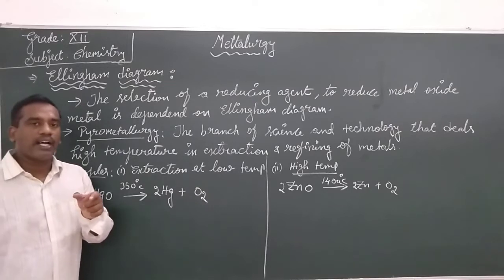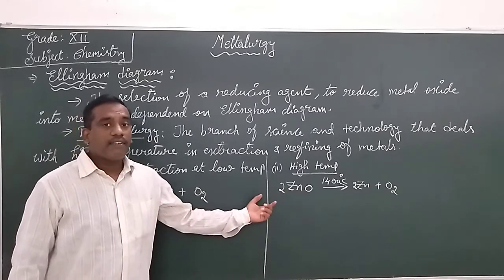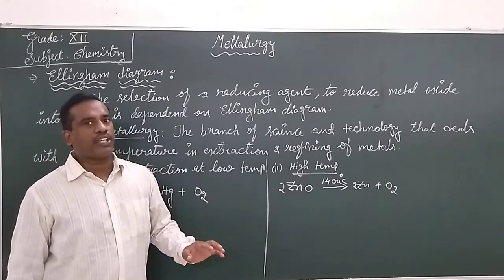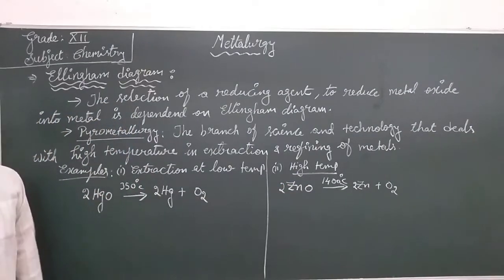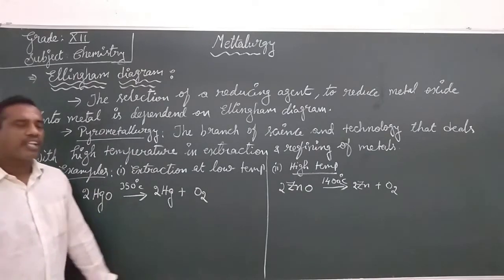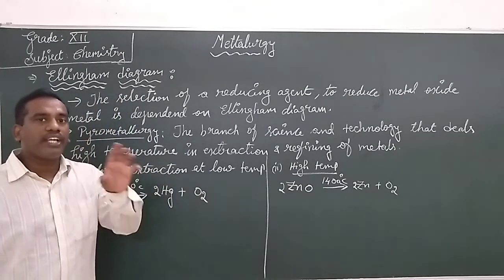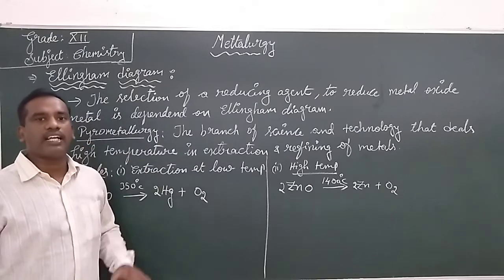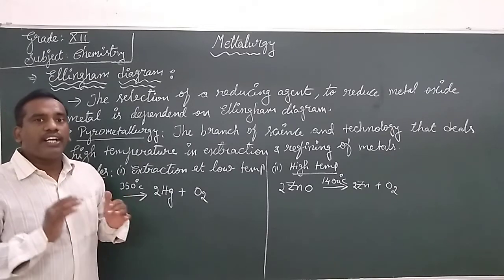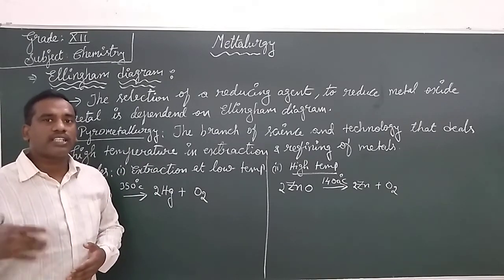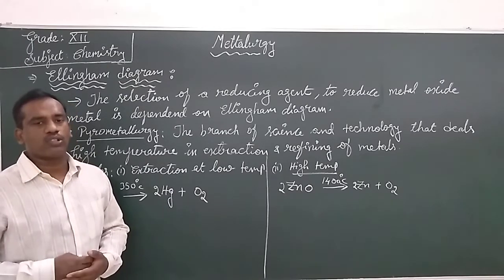But when you try the same in the case of zinc oxide, it will be decomposed at a temperature of 1400 degrees Celsius. So in these both cases, which is the highest temperature? The 1400 degrees Celsius is the highest temperature. It means if you want to heat that metal oxide to the highest temperature, you must supply fuel for the purpose of heating. So it is not cost effective. You must give a very high energy input for it to be decomposed.